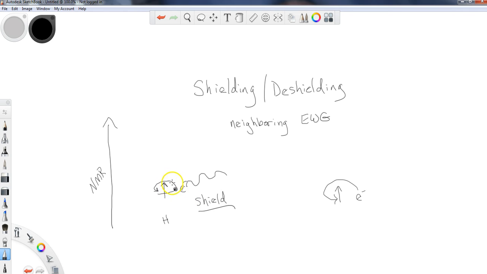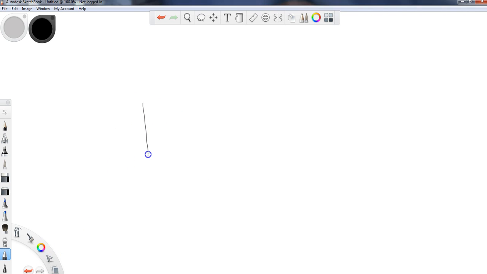Now, when you have shielding occurring, you are going to have upfield signals. So if something is well shielded, you will get an upfield signal. The further I go downfield, it means the more energy is going to be put in, because as I deshield these electrons, and this is a complicated concept, they are exposed to the NMR field. And that's going to cause a larger gap in the energy when I get ready to expose them. All right? So in other words,